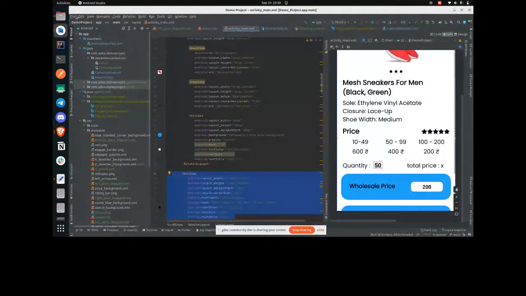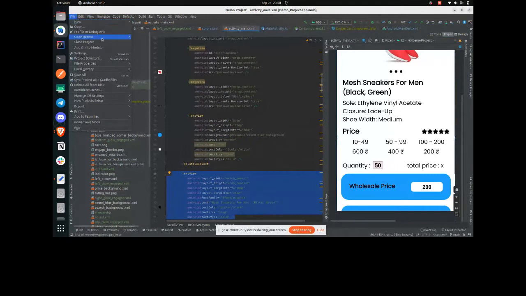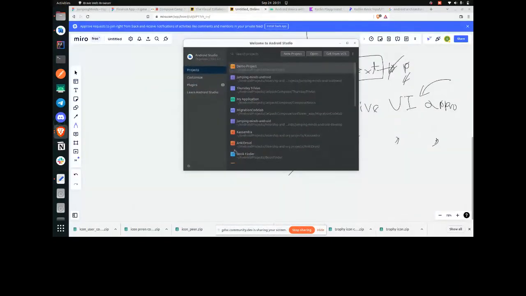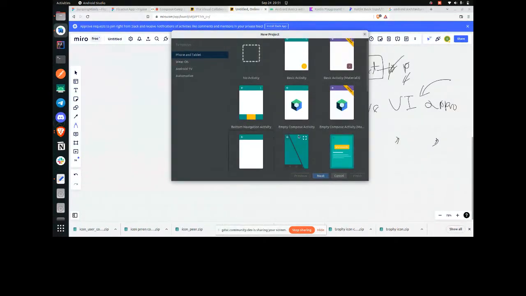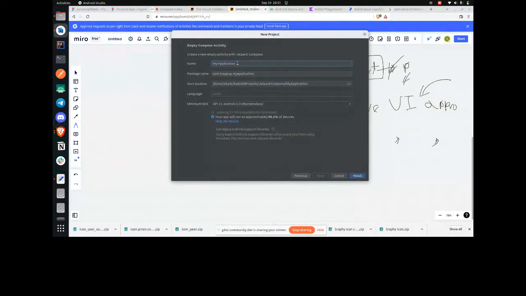Okay, so first let me create a small project here. First close everything. If you open up your Android Studio the first time, it will look something like this. Click on New Project, then select Empty Compose project and Next, and give a relevant name for your project. Let's say I am giving demo,